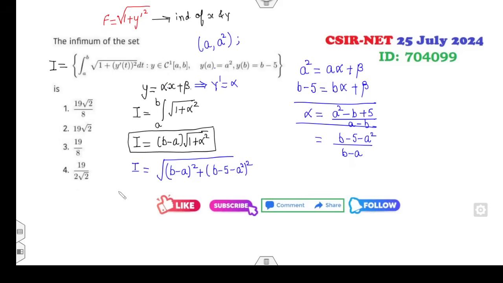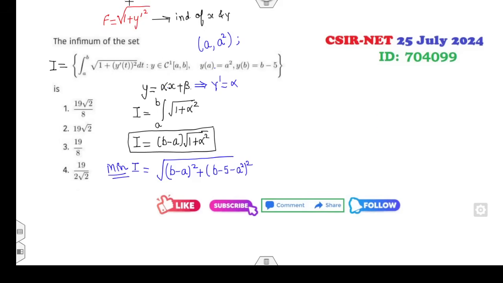फाइन, नाउ योर टारगेट इज टू फाइंड द मिनिमम। तो कैसे निकालोगे मिनिमम आप इसका? You can find the minimum of a two variables, so I can take partial derivative with respect to a is 0, partial derivative with respect to b 0। ओके, अल्फा क्या आया था मेरा, b minus 5 minus a square over b minus a. फिर करते हैं, a के साथ डेरिवेटिव करेंगे, और चाहे तो आप स्क्वायर का निकालिए मिनिमम, और आई स्क्वायर पे। फाइन, सो आई कैन टेक द डेरिवेटिव ऑफ द आई स्क्वायर।